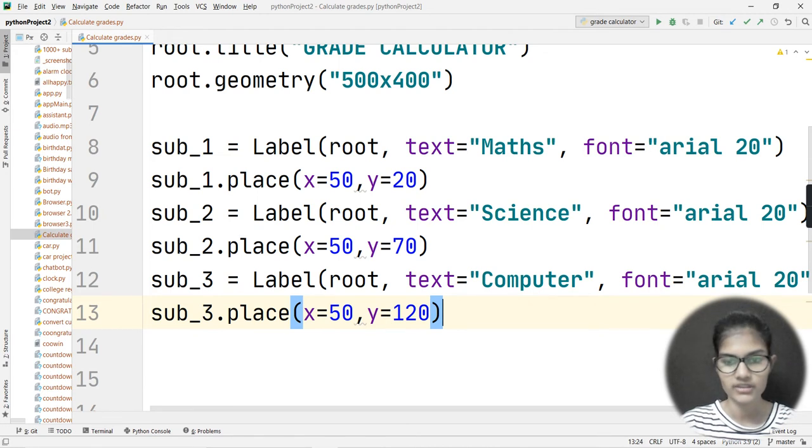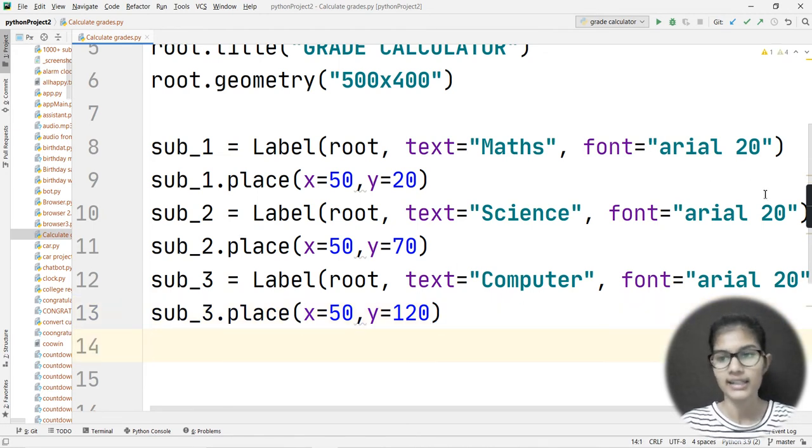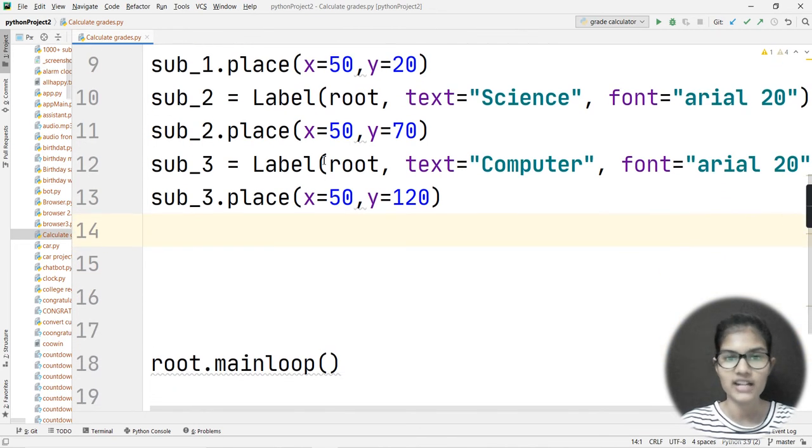Next, I even want the total marks. As I mentioned in the start, there would be 3 subjects, and after that the total marks will also come.